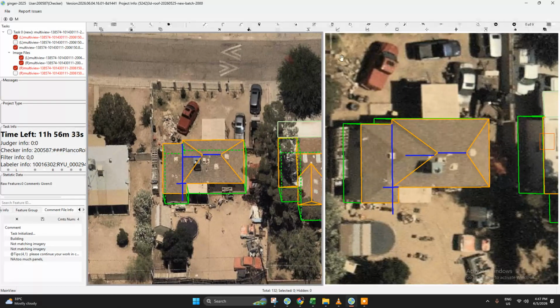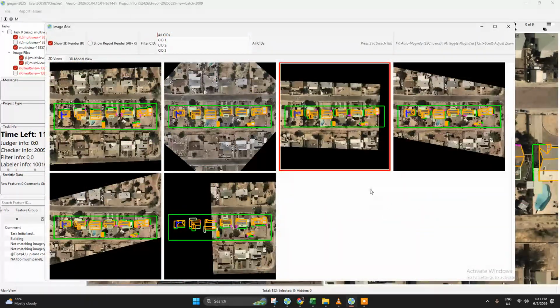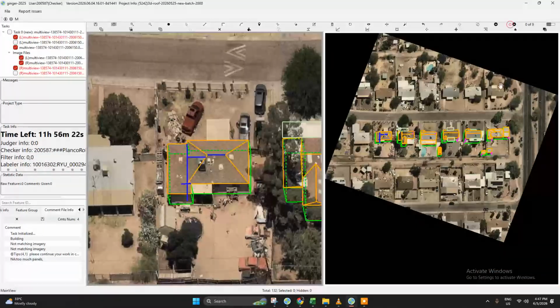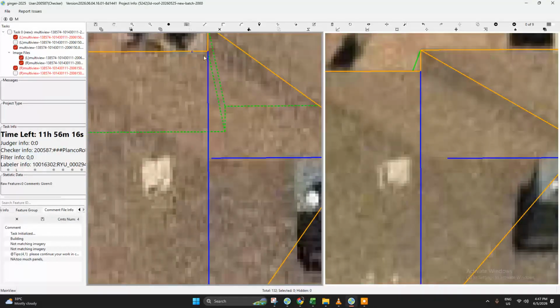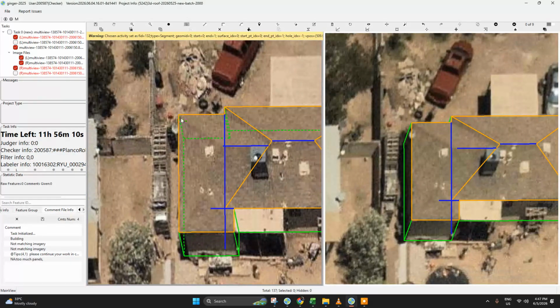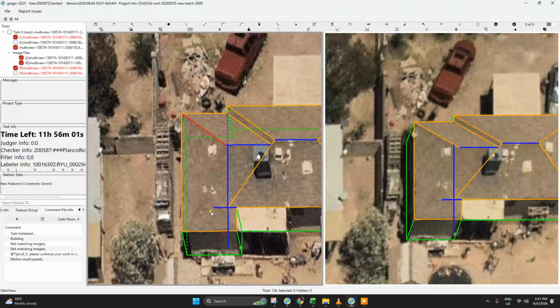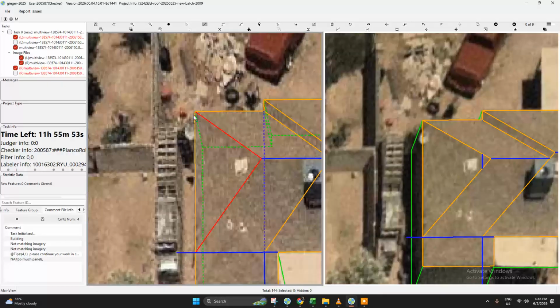So let's check other views. I'm not quite sure if it is one panel only. Let's try this one. Yeah, I think it is one panel only. But our assist line is a bit short. So let's try. For this one, we need to extend our assist line also to here. Okay, and then let's lock.